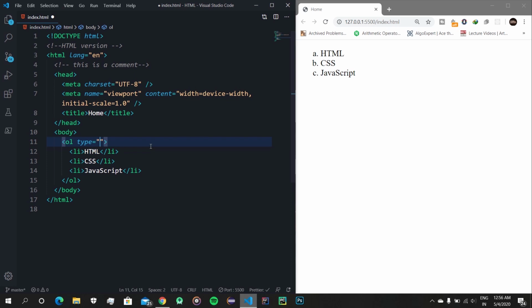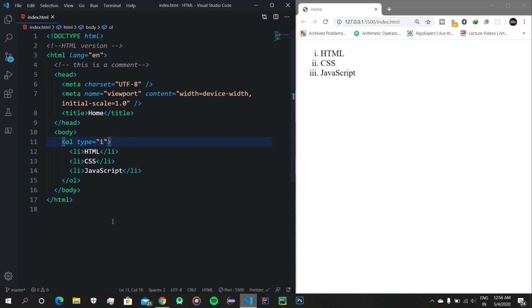For numbering these in Roman numbers, you just put a capital I and hit save, and you can see that the list here is accompanied by Roman numbers in counting. So these are capital Roman numbers. If you want small, you put a small i and you hit enter and you get the small Roman number counting here. So that is the ordered list.